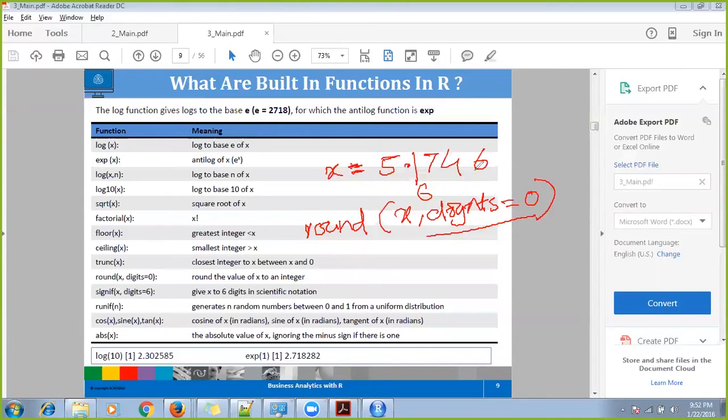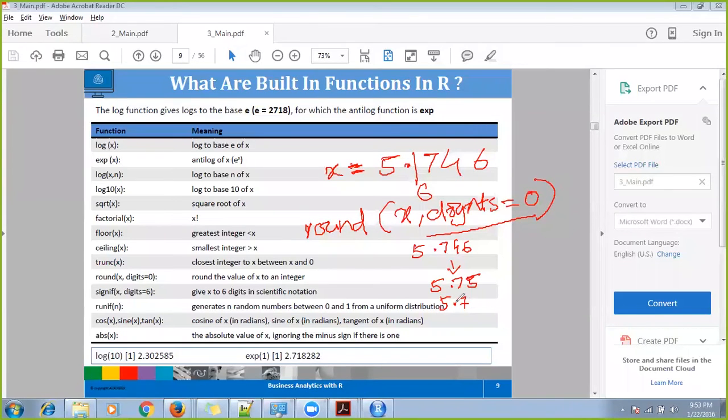If it rounds up, 6 is more than 5, so 5.746 will become 5.75. Then 5.75 will become 5.7 or 5.8, depending upon what kind of algorithm they have developed, because 5 can go either way.